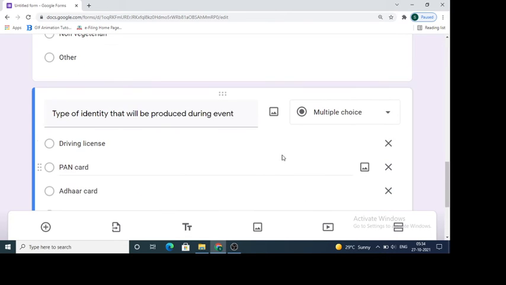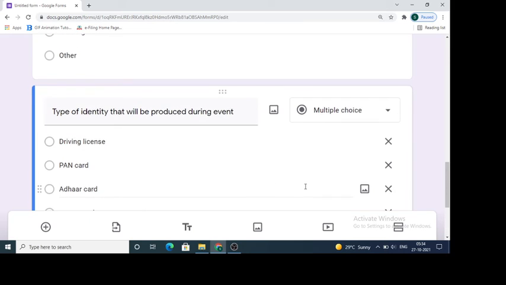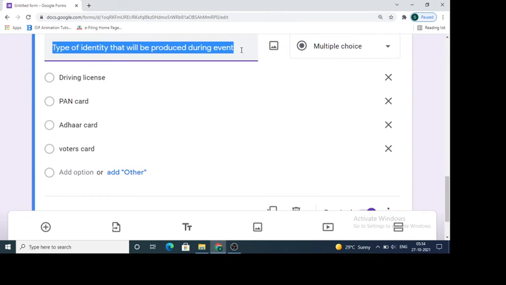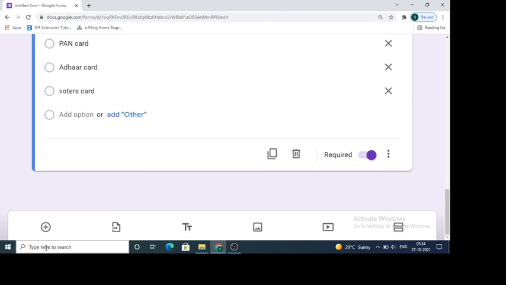Even this question we will make required. So the moment you make questions required, here an asterisk will come. Okay.